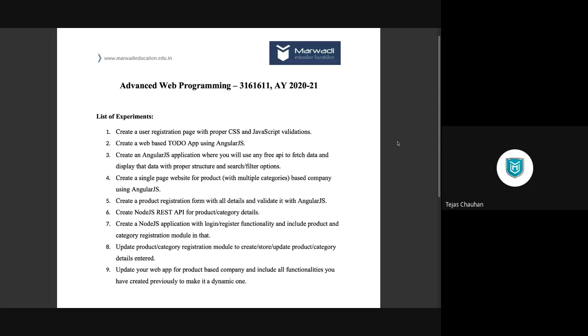We are at practical number 6, where we need to create REST APIs using Node.js, right? And we need to understand first what is API. Probably in tomorrow's lecture, I'm going to create one API in front of you. But for today's lab session, let me clarify how you are going to work and how you are actually going to create one API here.